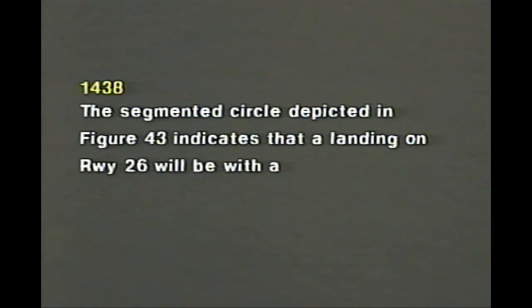Question 438. The segmented circle depicted in figure 43 again indicates that a landing on runway 26 will be with a...